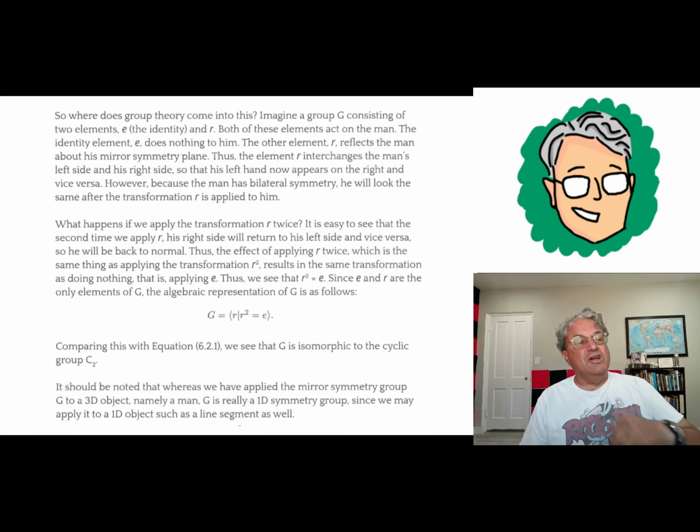Now I'm just going over more of the formalities of this group. And like I said, this is a very simple group. It's a group with just two elements, E and R. E leaves the man alone, or you can apply it to anything. It doesn't even have to have symmetry. You can apply it to a baseball mitt. Baseball mitts are not symmetrical. But if you applied this